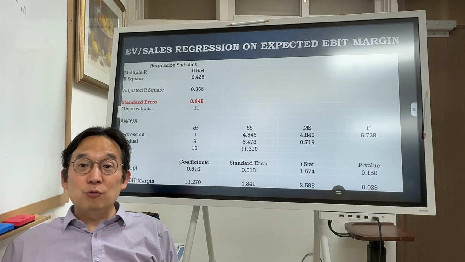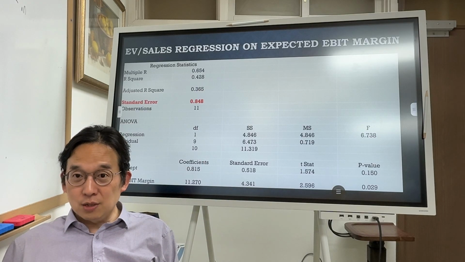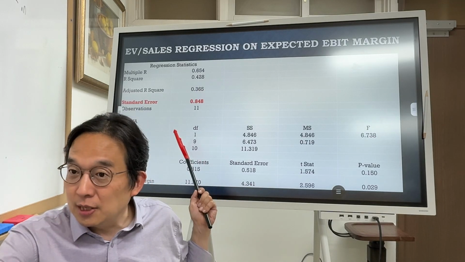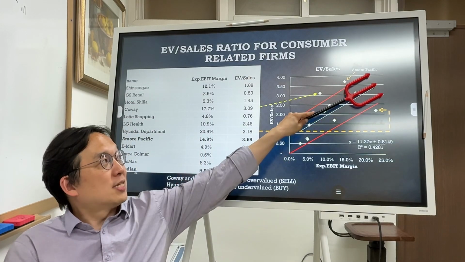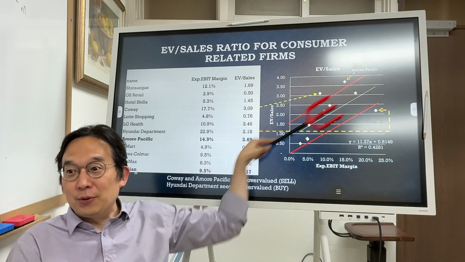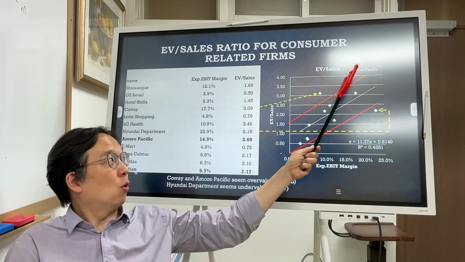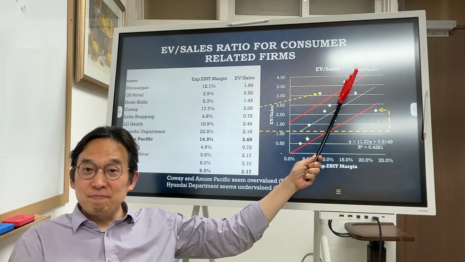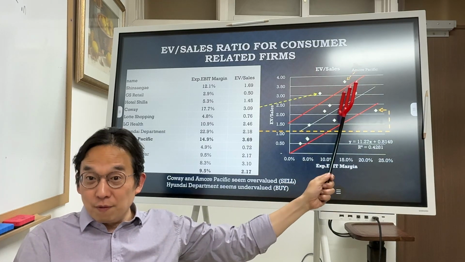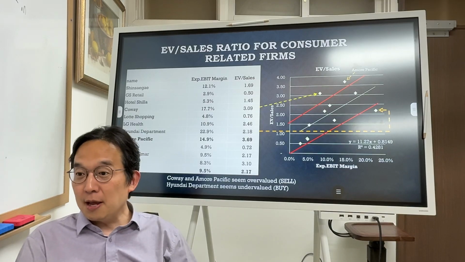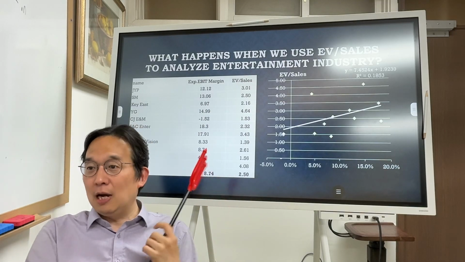So we are happy to confirm that this is a really significant relation, and then we've obtained the standard error so that we could draw one standard error plus and minus bounds, okay? And then find out where Amore Pacific is. There. We can safely, confidently say that it is overvalued, sell it. Okay? Now, that's how we do it.